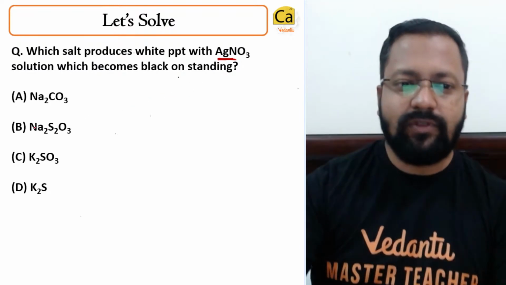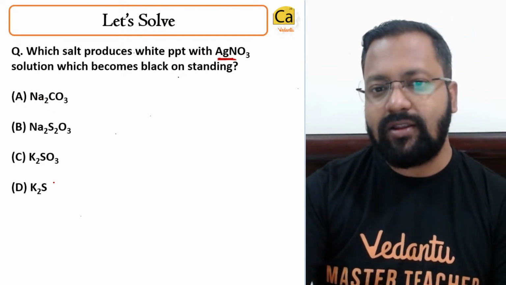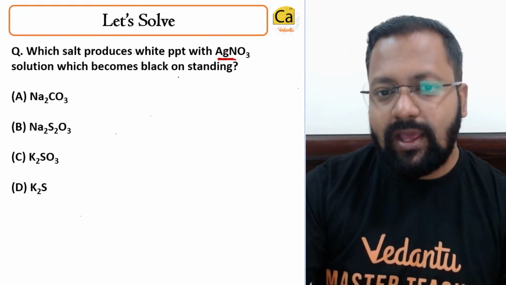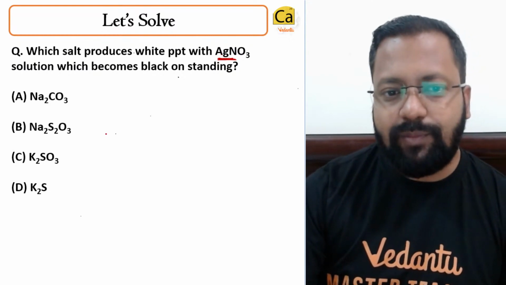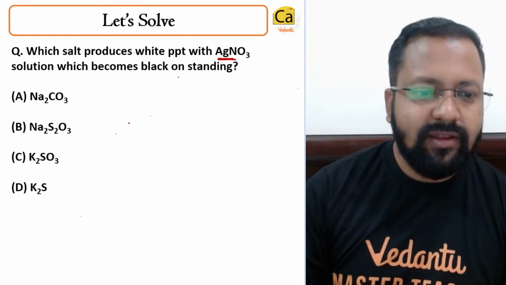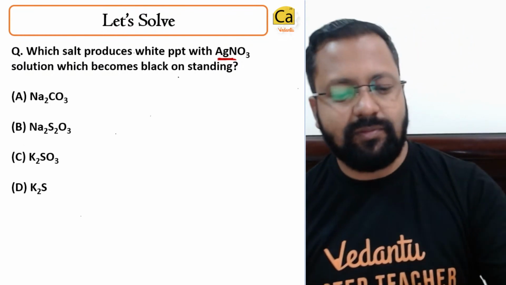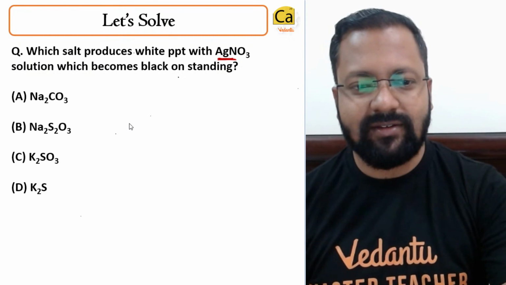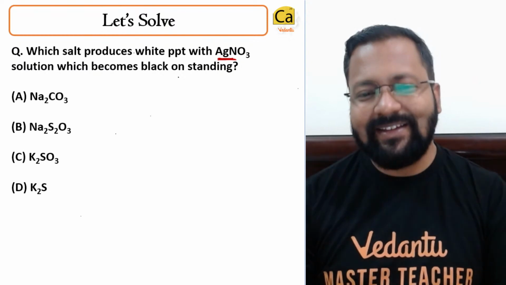Which of these salts are having that anion which will produce a white precipitate with Ag and which will become black on standing? What will be the right answer? Okay, sulphide,